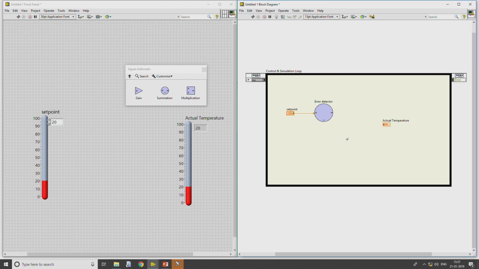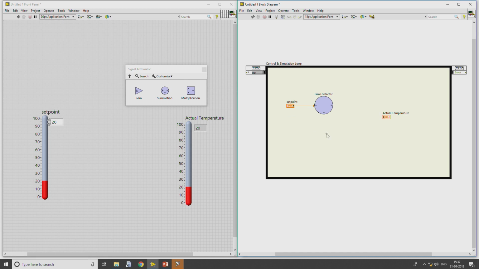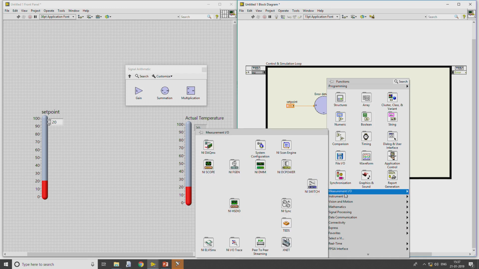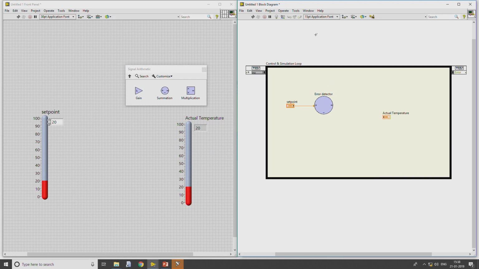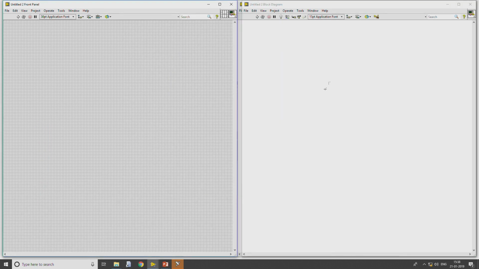So, we need to create data acquisition modules in order to acquire the data from the real world. For that I will create a measurement IO, the data acquisition modules in order to acquire the data. So, for that I will create a new VI.